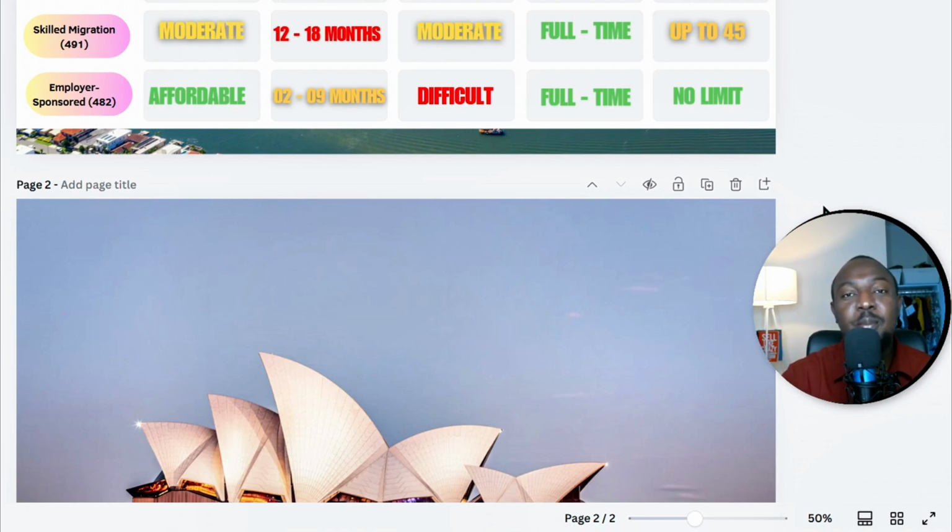Okay, so finding an employer is where the issue is. It's very difficult to find an employer. Okay, but once you get an employer, you come in here to work full-time for that particular employer. And age limit, there's no